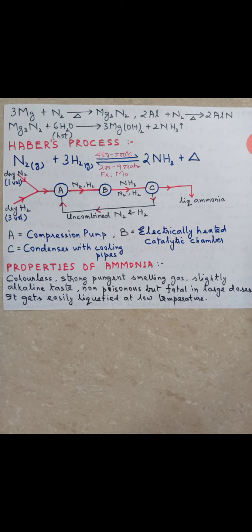When it reacts with nitrogen, you have to introduce burning magnesium or aluminium or calcium into a gas jar containing nitrogen. What you will find is that the respective nitrides are produced. Magnesium gives magnesium nitride, Mg3N2, aluminium will give AlN, aluminium nitride, and calcium will give Ca3N2, calcium nitride. First of all, we prepare nitrides in this way: we introduce burning magnesium, calcium, aluminium into a gas jar containing nitrogen, and we get the respective nitrides.